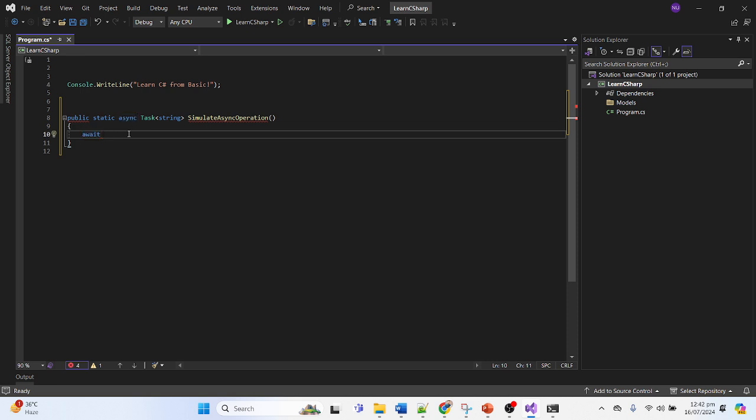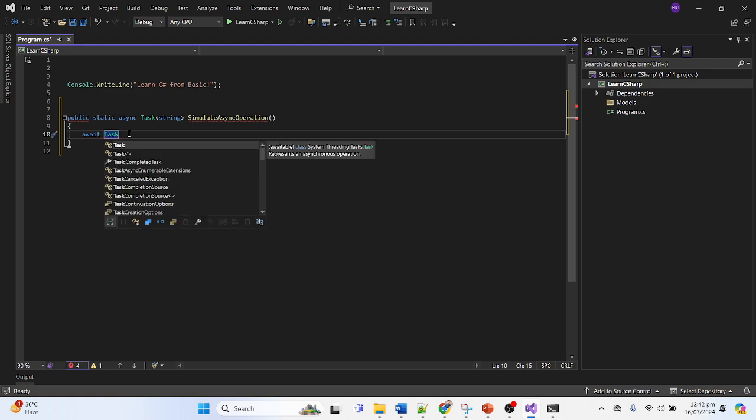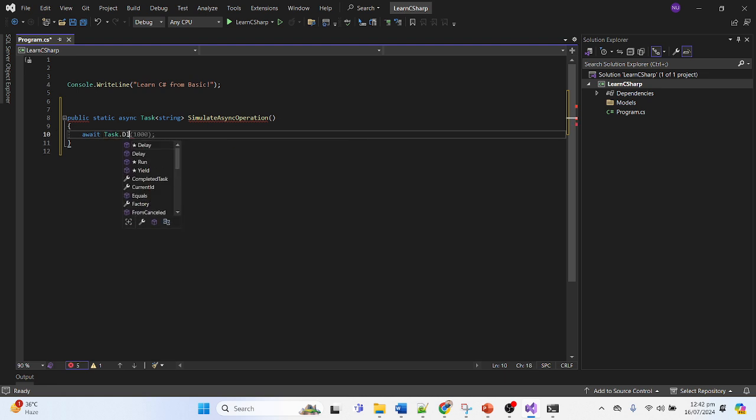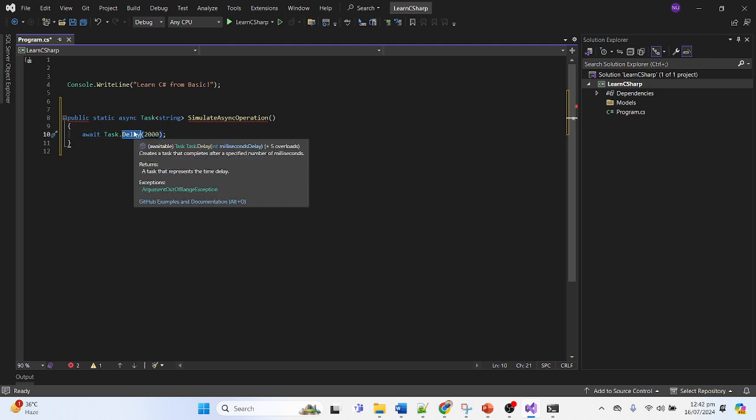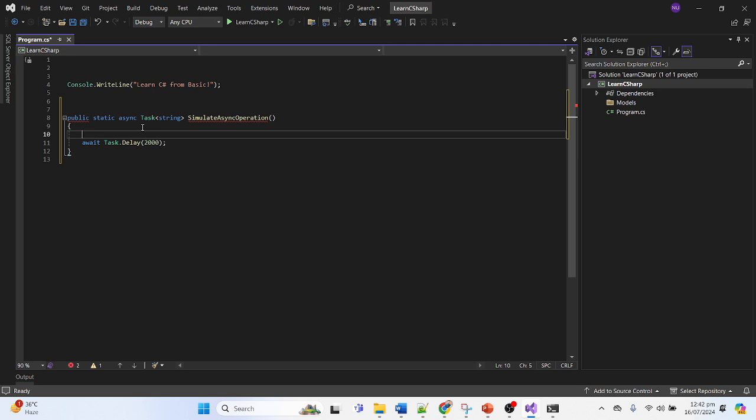Now I will use the await keyword, and for the time I will just delay for 2 seconds. So for 2 seconds, I think we have to pass 2000 inside this function, Task.Delay. Now let me also write some comment like